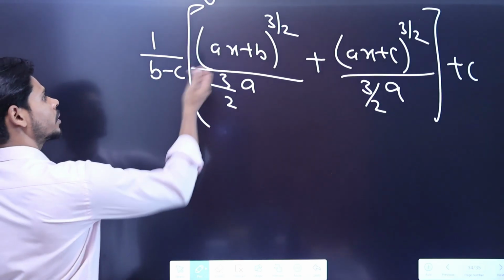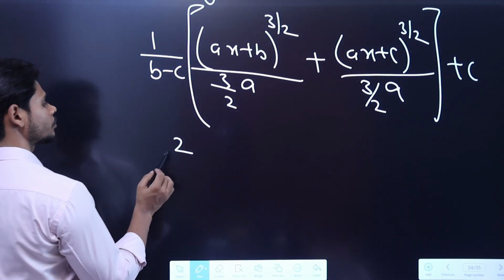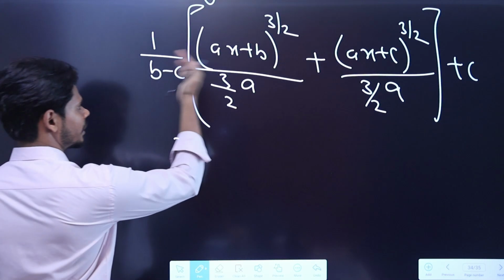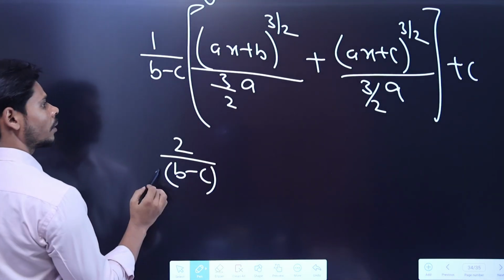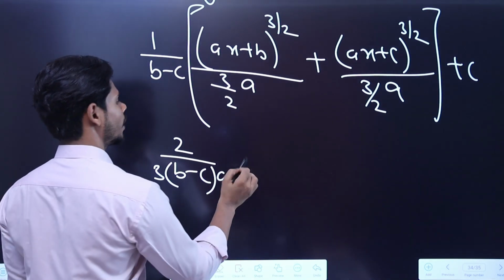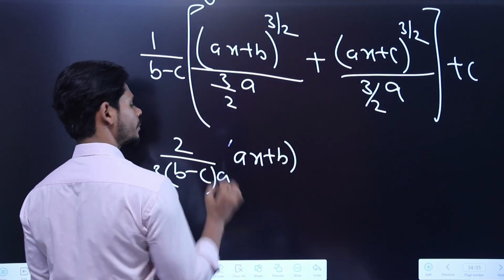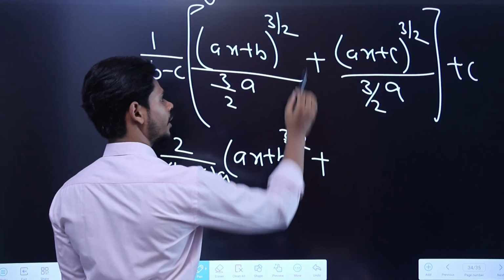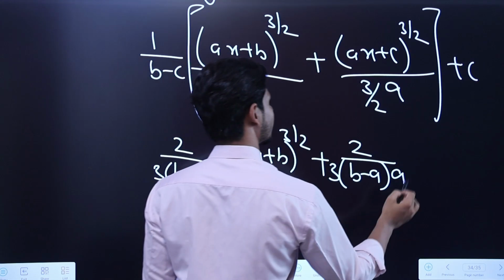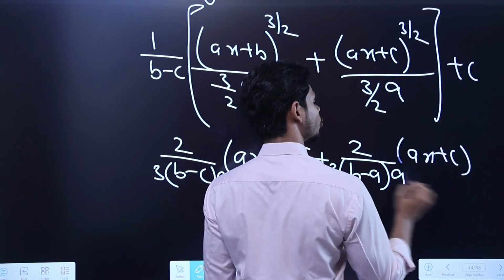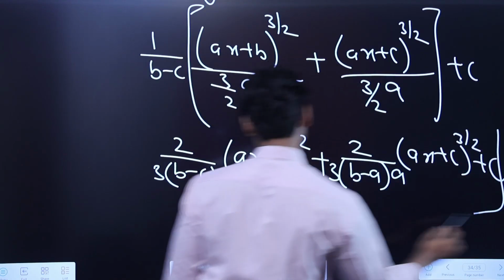So it will become 2 in the numerator, or you can also multiply by this number, so it will become 2 by b minus c, with 3 times a, then ax plus b raised to power 3 by 2, then plus again over here also 2 divided by b minus c with 3 times a, and then ax plus c raised to power 3 by 2 plus c, and this is your